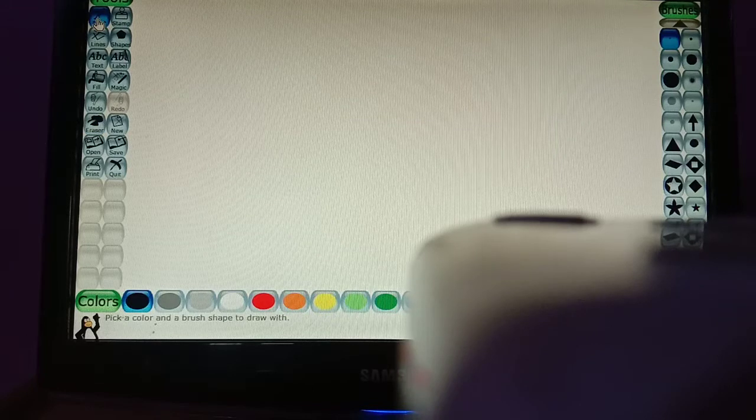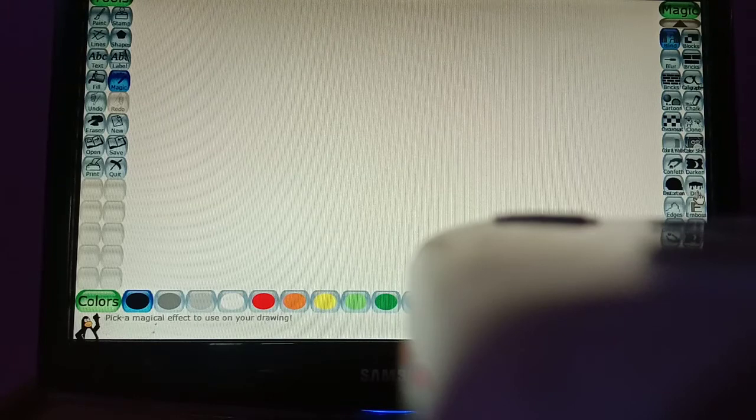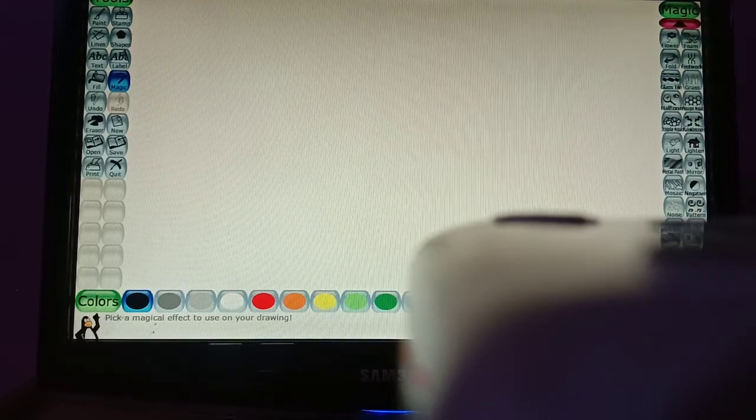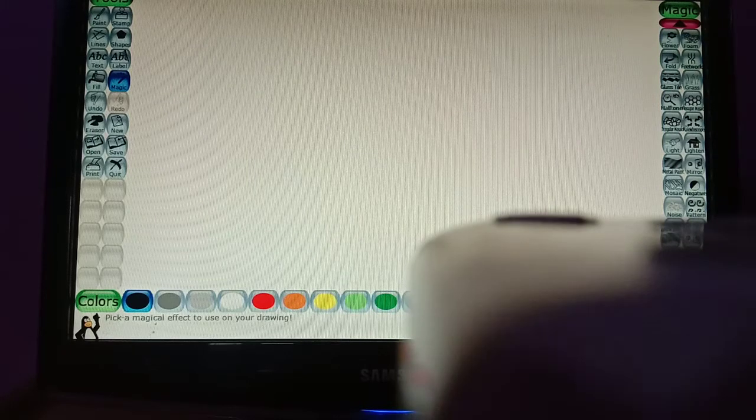In the magic tool, there is one tool which is your rainbow tool. So today we are going to learn about the rainbow tool. There are two types of rainbows. One is your real rainbow effect. There are two sub tools of the magic tool. In the magic tool, this is the toolbox and this is the sub toolbox. When we click on the magic, these sub tools also appear.